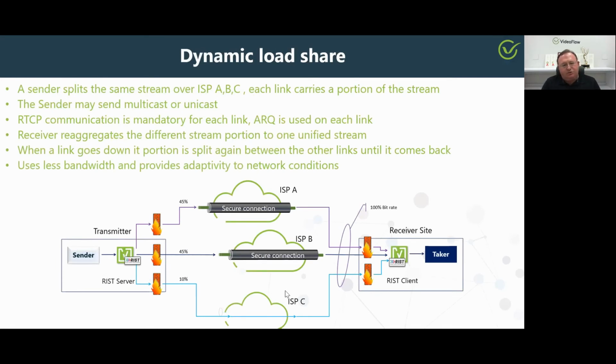Now let's talk about dynamic loader. In this case, we split the stream between multiple links. Each link will carry a portion of the stream based on a fixed ratio or a dynamically allocated ratio. In the following example, we split the stream in a ratio of 45% and 45% between ISP-A and ISP-B, and the remaining 10% are sent on ISP-C. The receiver reaggregates the 3 stream portions back to 1 stream,